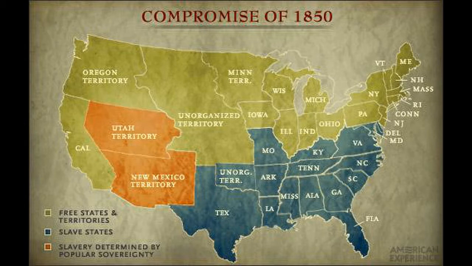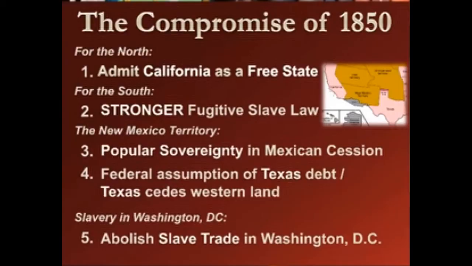In this historical piece of legislation, there were 5 bills in the compromise to address several heated political problems during that time. The first bill was to appease Northerners who did not want slavery in the West. California was admitted as a free state. The second bill was to appease Southerners. A stronger fugitive slave law was passed that would be enforced by the federal government. The third bill would be the tipping point for the Civil War.